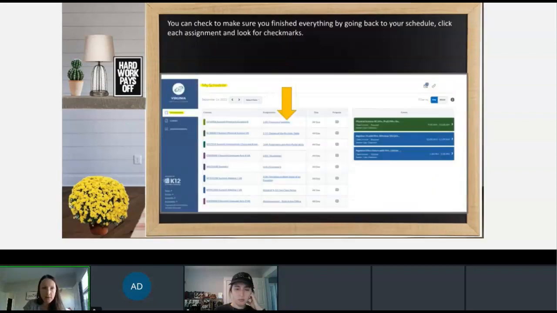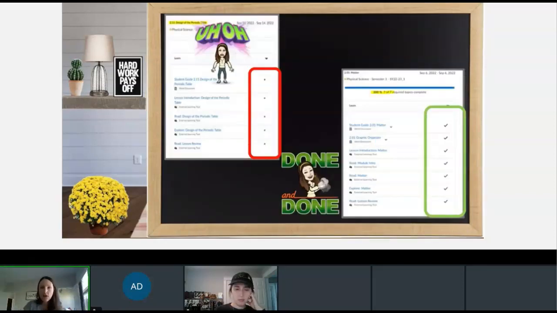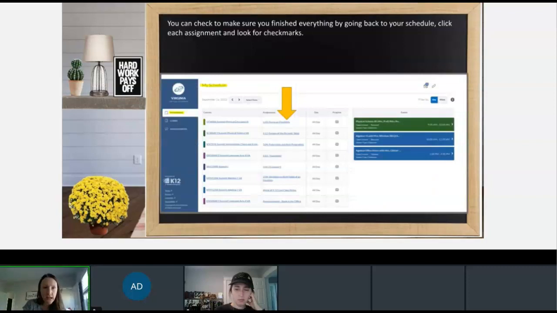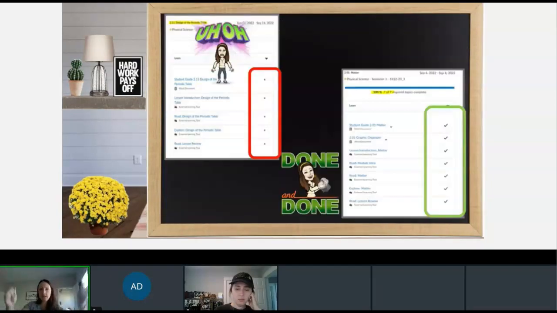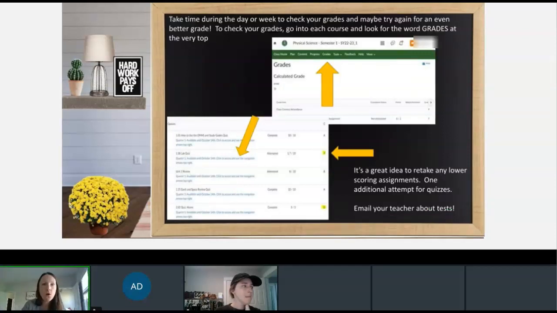Then you go back, click the next lesson. Yes, look at all these green checks. Woo, done, did those. Go back, check your next lesson. Yes, did those, okay? Easy peasy. That's all you guys need to do. And then you're done for the day, right? Then you can go play, go outside, do whatever you want to do. Or you can go above and beyond, retake some assignments, do tomorrow's work. That's always an option.